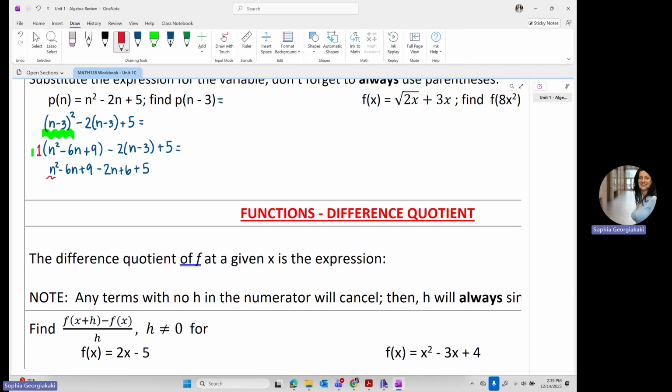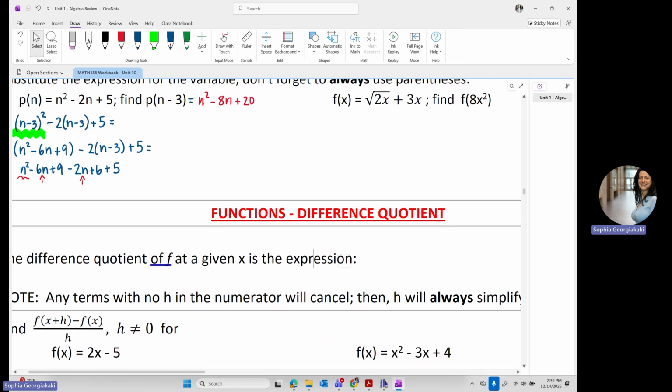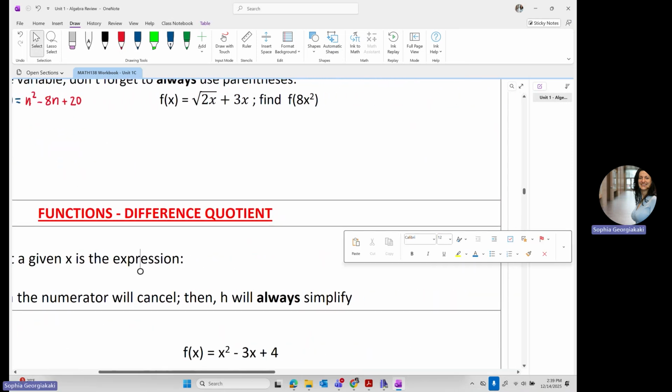So my final answer: n squared, -6n minus 2n is -8n, 9 and 6 and 5 is 20. So that's my answer. For f of x equals the square root of 2x plus 3x, I'm going to replace